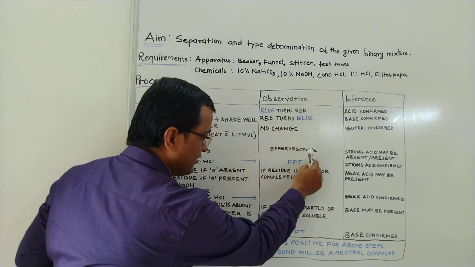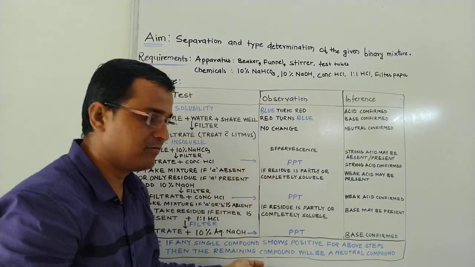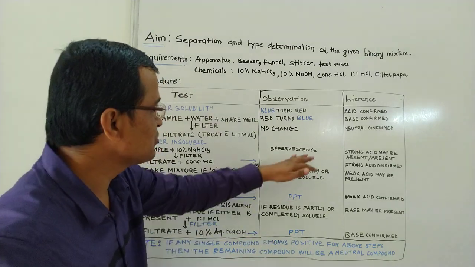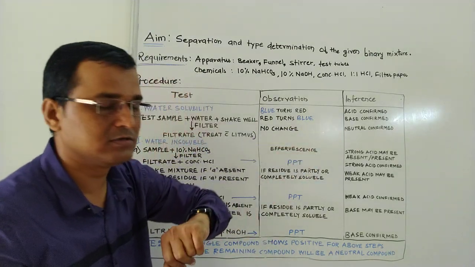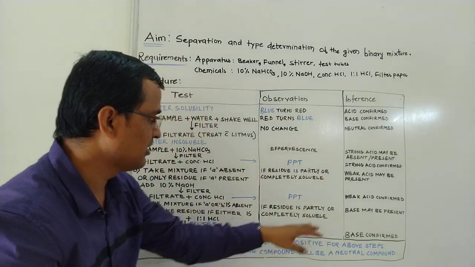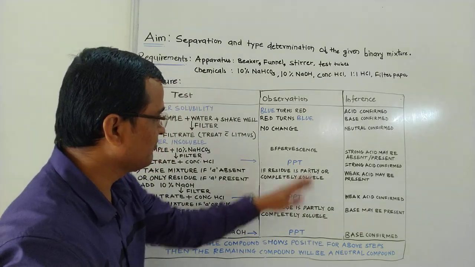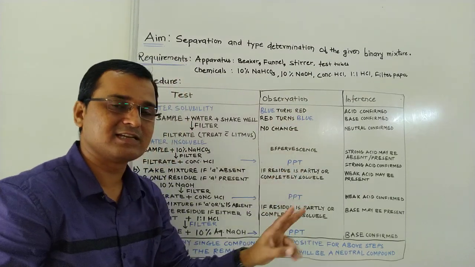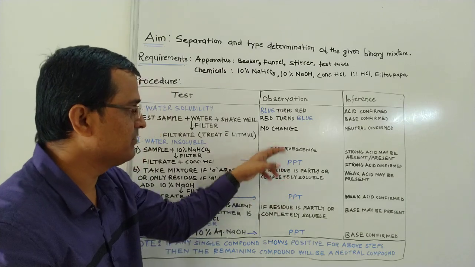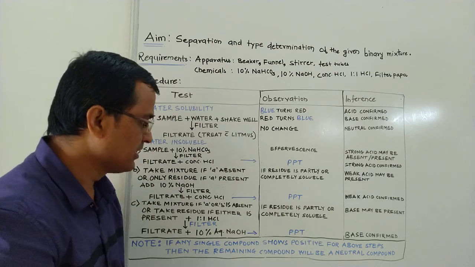You have to apply the logic that whatever the remaining compound is, because anyway you are going to have a mixture of two compounds, not more than two. Many a times students represent that I have a water soluble weak acid and a water insoluble strong acid and also a water insoluble weak acid. I just wanted to remember that a binary mixture itself says that we have a mixture of two compounds. So that may be either a strong acid or weak acid, or maybe a water soluble strong acid or water insoluble weak acid, that type of compound will be there.